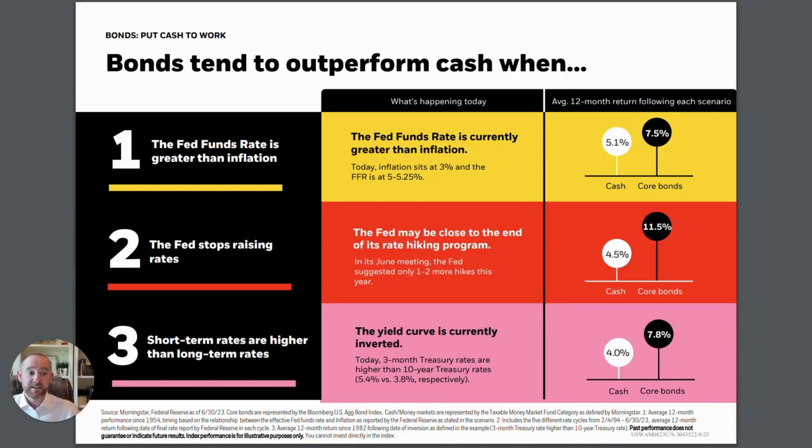Essentially, all this is to say that historically, when any of these three scenarios have happened, even though the shortest term rates have looked the most attractive because, again, we had an inverted yield curve, with short rates higher than long rates, a core bond portfolio, and by core bond portfolio, we're talking about the aggregate bond index, basically the entire bond market, which typically has a duration around 6 years, has tended to outperform the shorter bonds. And that is because the price of the longer bonds will go up faster as interest rates in the long end start to come down.